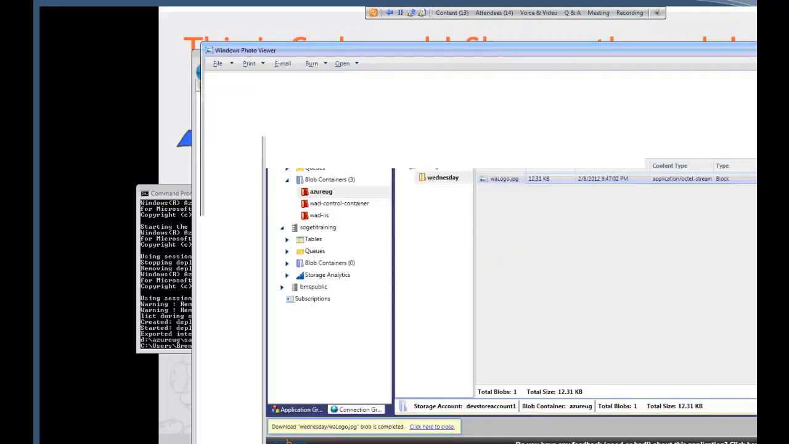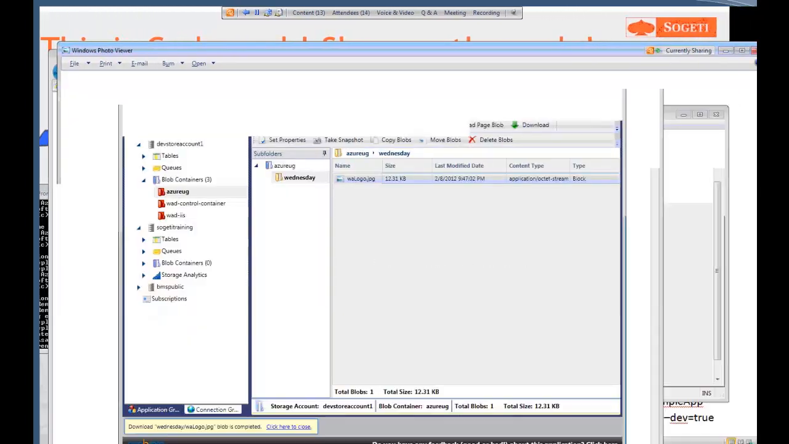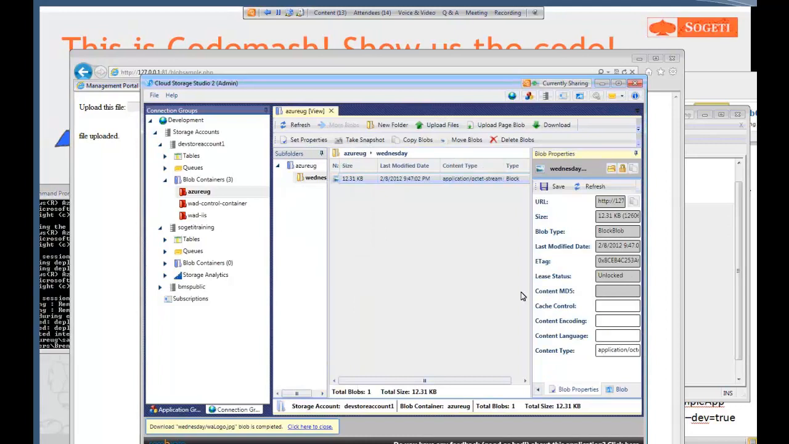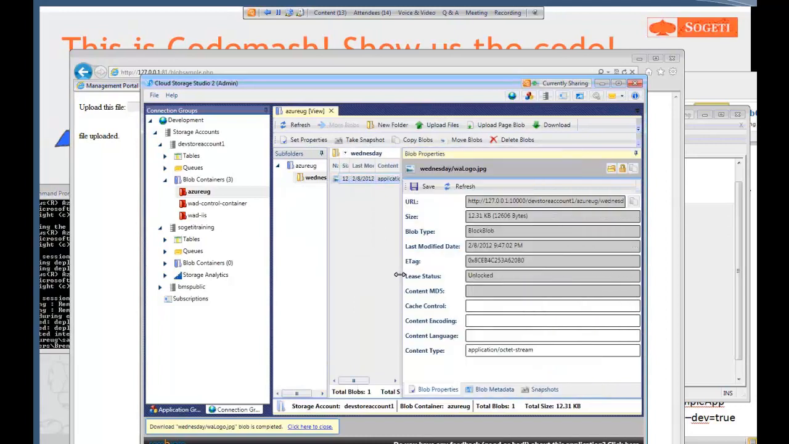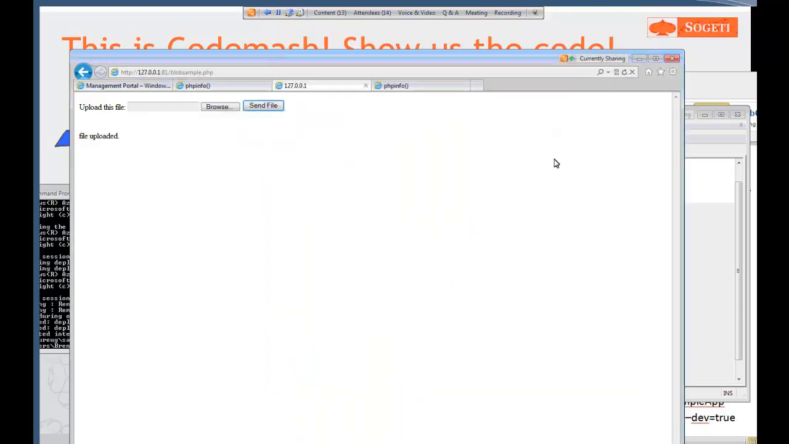I can even decide to view this one. And we can view its properties. We should end up seeing in here, there we go, created by the Azure user group. Straightforward, simple, no problems. Any questions on that so far? Okay. So moving on, let's talk about